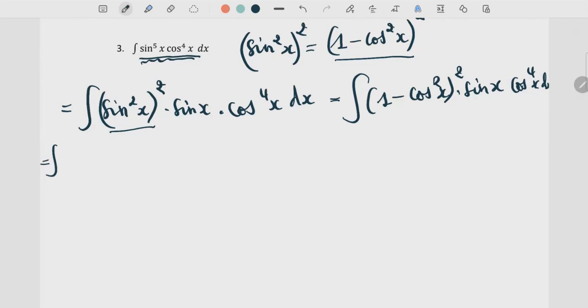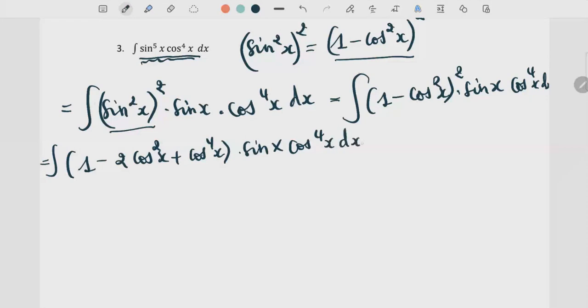First, we need to expand that square there. So we have 1 minus 2 cos squared x plus cos to the 4x, multiplied by sine x times cos to the 4x dx,